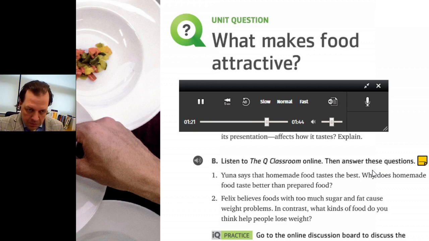Felix, what makes food taste good? I think for most people, sugar and fat make food taste good. That's why we have weight problems, because most of us like food with too much sugar and too much fat. Even foods that shouldn't really be sweet taste better to us when they're sweet, like yogurt or peanut butter.